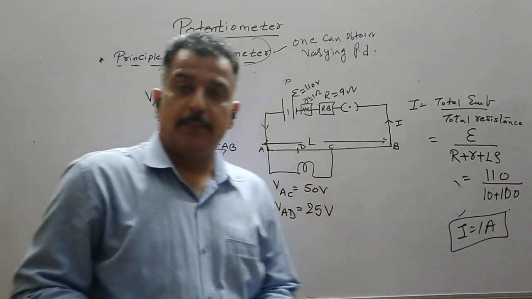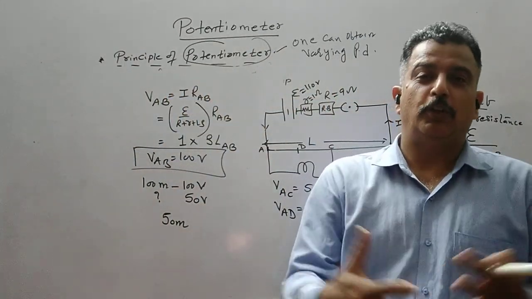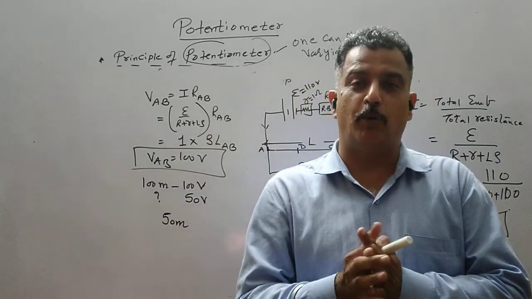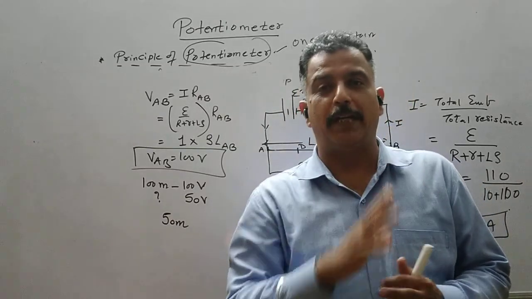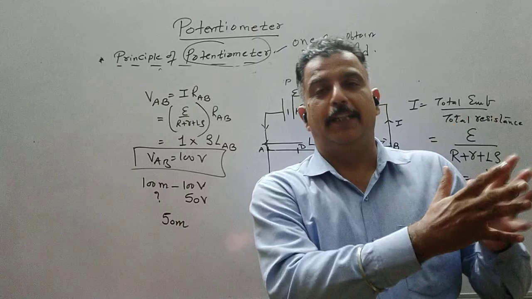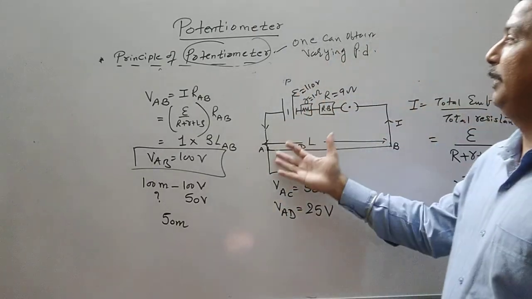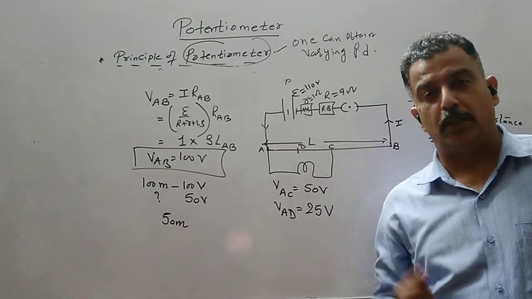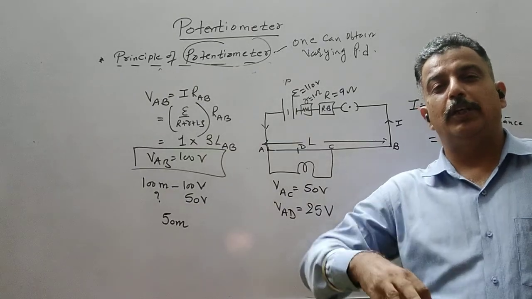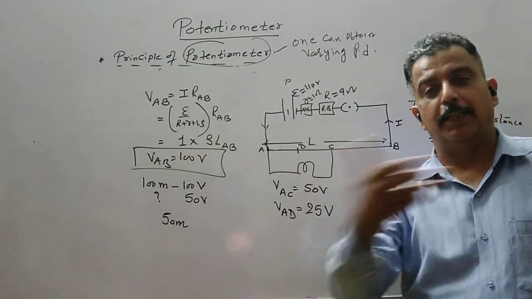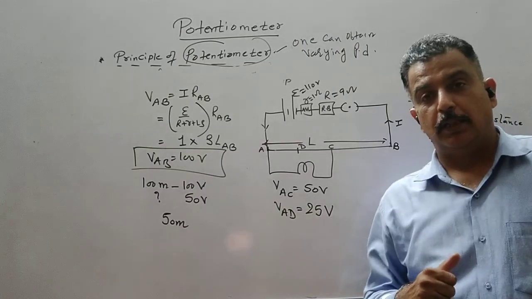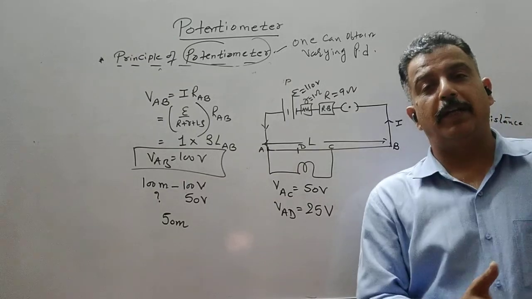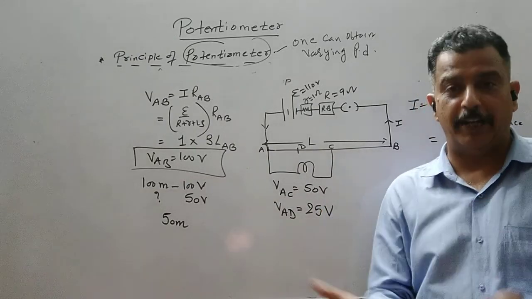So this is one of the uses also, that if I have a driver battery of 110 volt, then depending on my requirement in the laboratory or in an experiment, I can use a potentiometer to obtain varying potential difference. So suppose one of my experiments needs 50 volt supply. So I am not going to bring a 50 volt battery. Then another experiment requires 25 volt. Then I will not bring again a 25 volt battery. Suppose another experiment requires 12.5 or 10 volt or 5 volt.